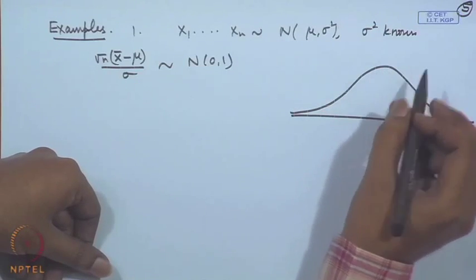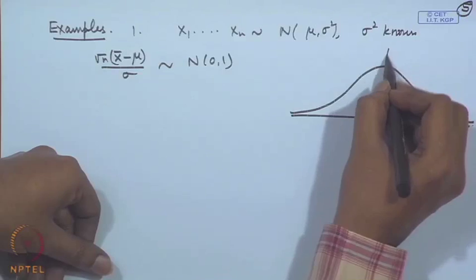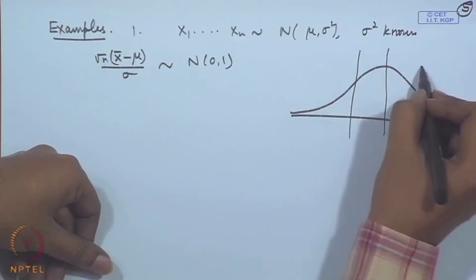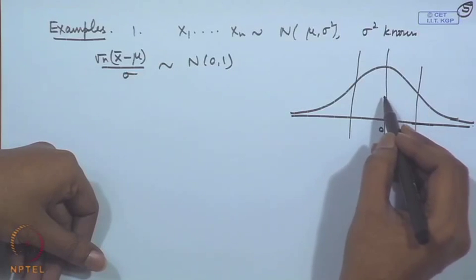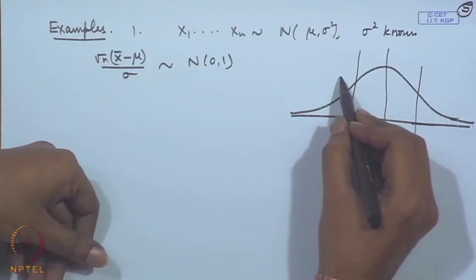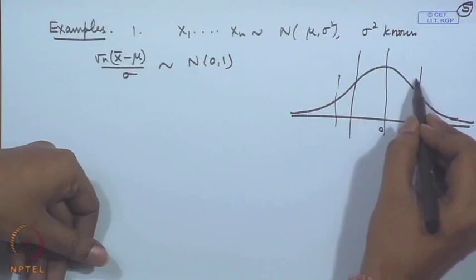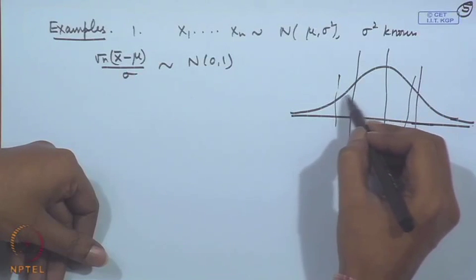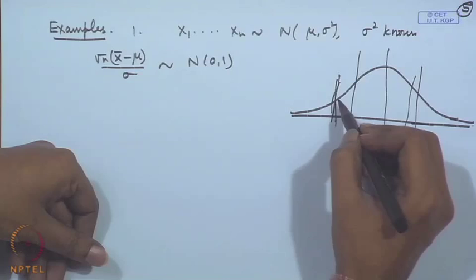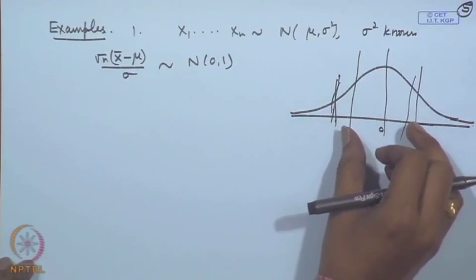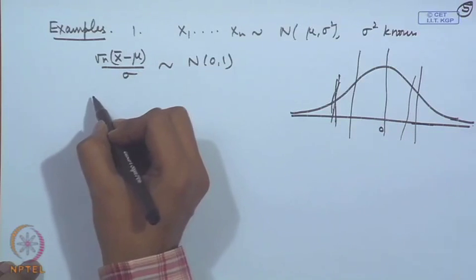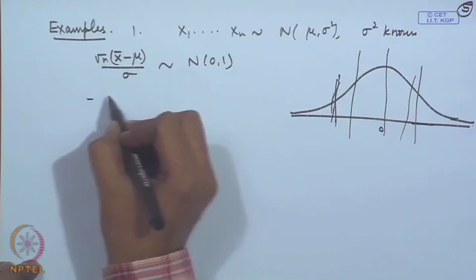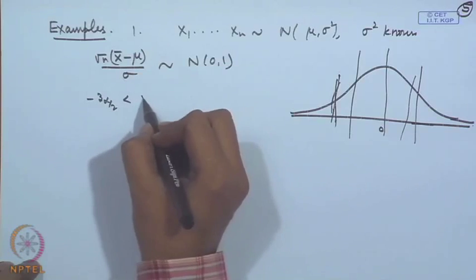Since the normal distribution is symmetric, if I consider a symmetric interval around 0, this will have the highest probability. If I consider a non-symmetric interval, then the length will increase. Therefore, the shortest interval will be a symmetric interval about this. So, if you use this logic, then we get minus z alpha by 2 less than root n